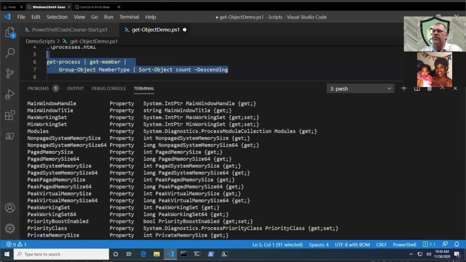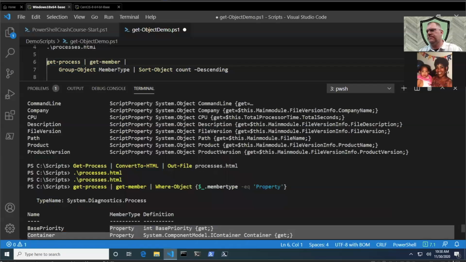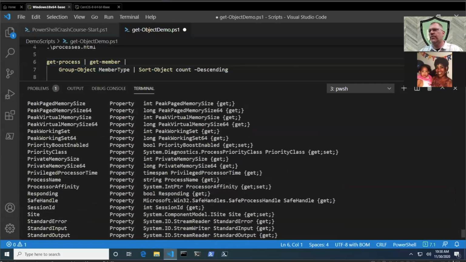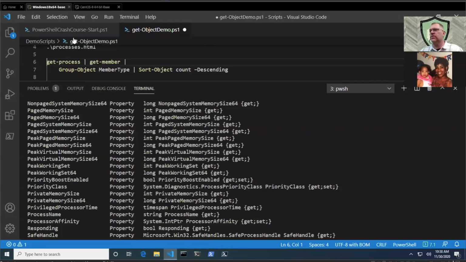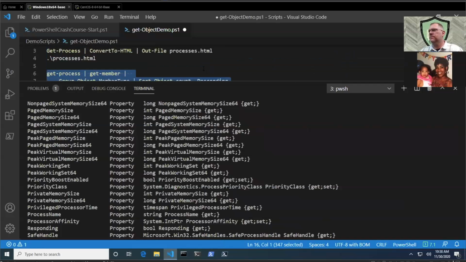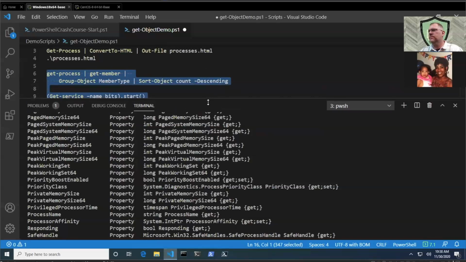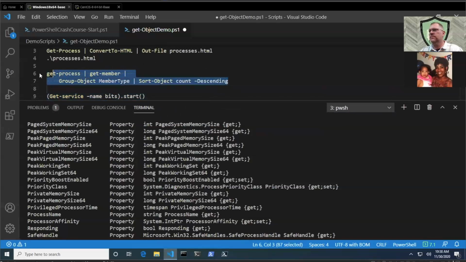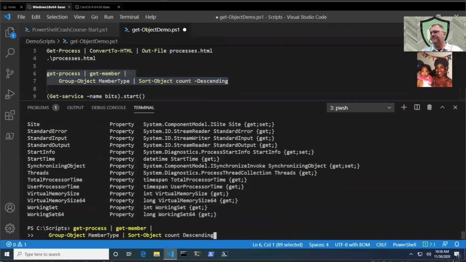So now what I'm doing here, instead of just grabbing the property types, I'm going to grab all the member types, but I want to group them by member type. Am I doing that right? Yeah. So I'm going to grab all the properties, separate them, and then sort descending. So if I run that,